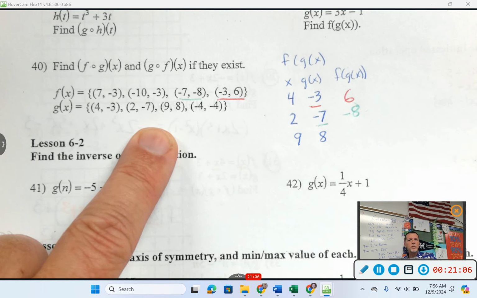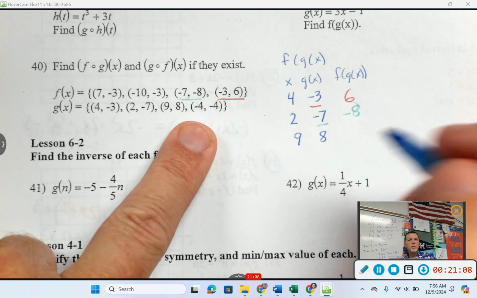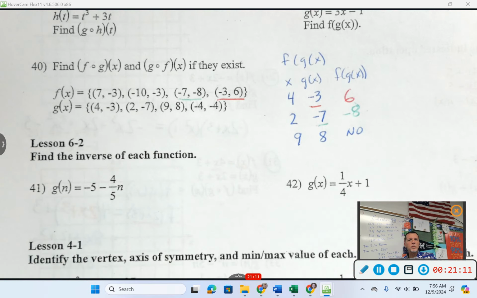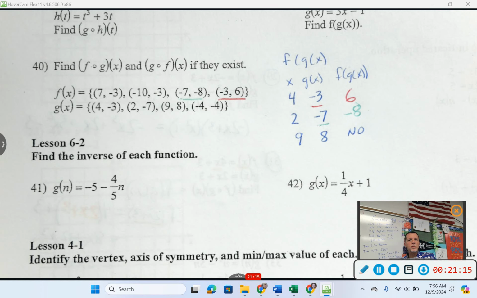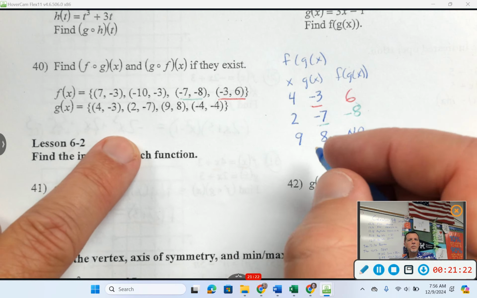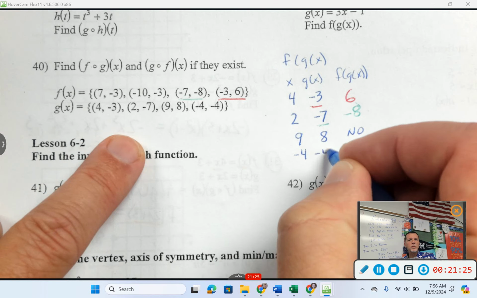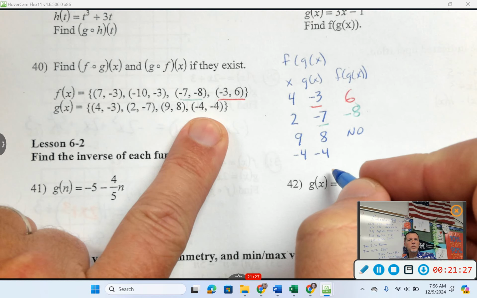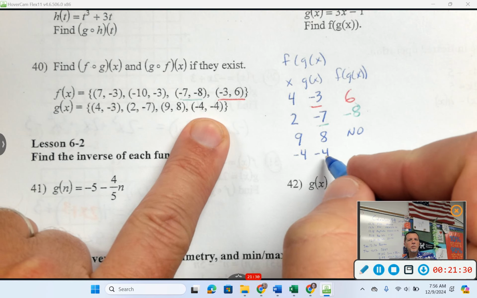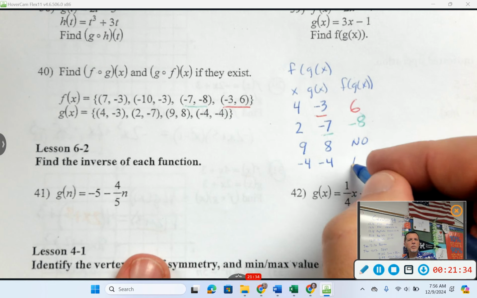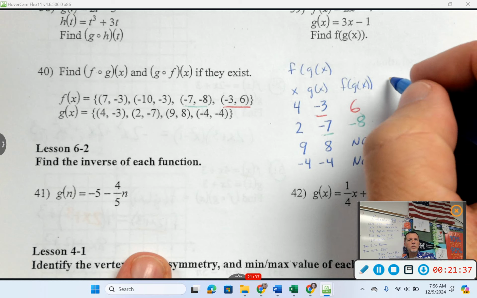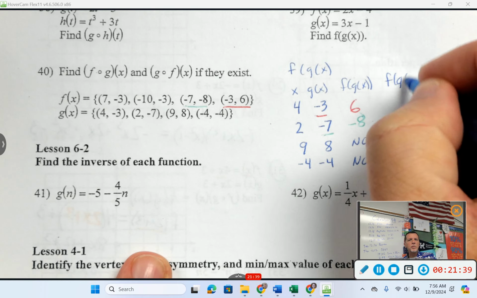9 gives me 8, but there's no input of 8 for the F function. So I just say no solution, doesn't work. But you get negative 8, and then it's negative 4. No. So the last two don't work. Negative 4, negative 4. That's my G function, which means I'm looking for an input of negative 4 in my F, and that's a no. So that means that F of G of X